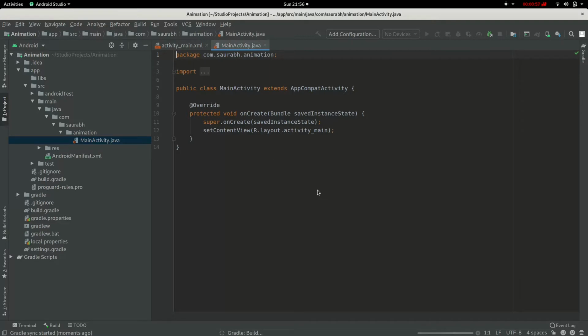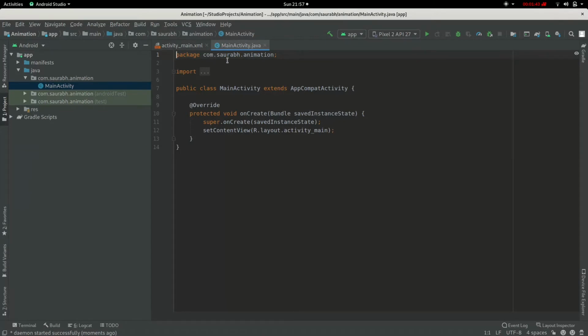In this application we will have two image views, and when we click on the first image, it should fade out and the other image should be brought up to the screen. We will see that in a bit.